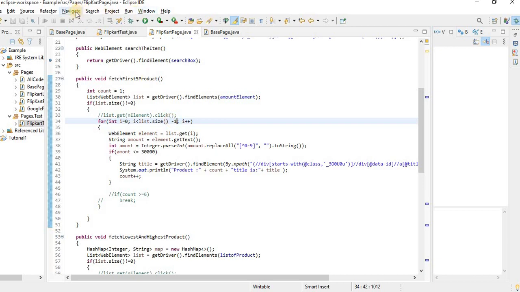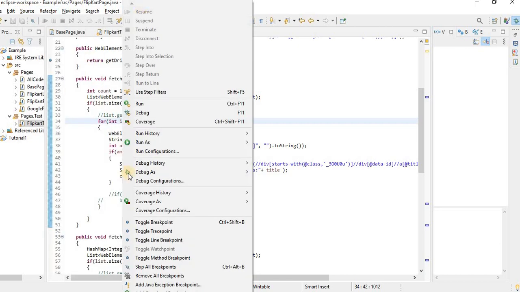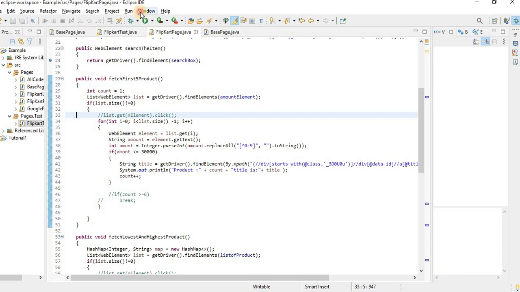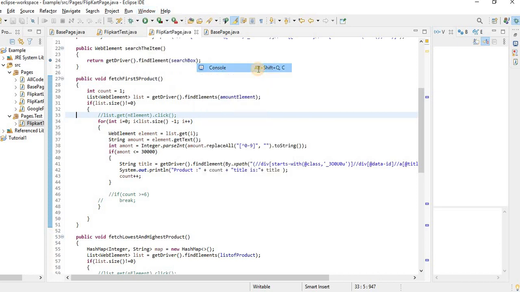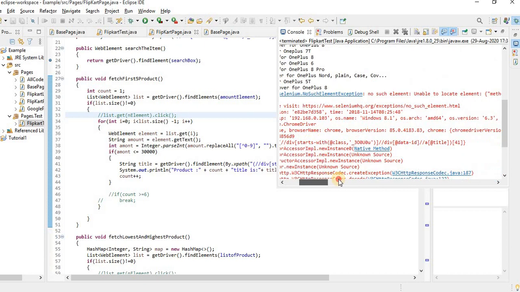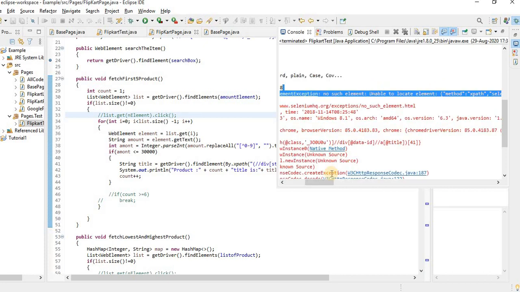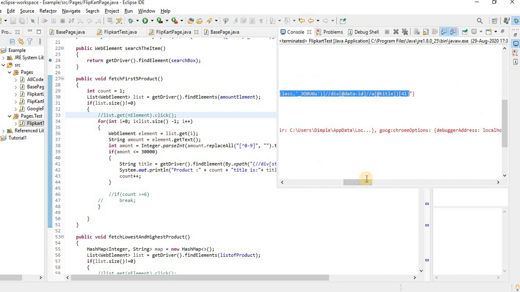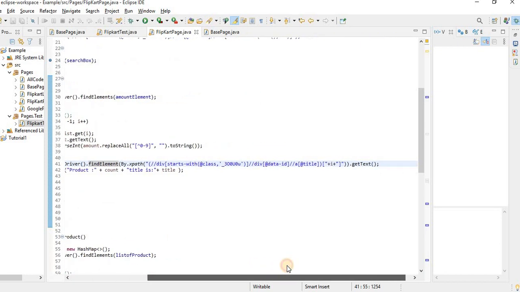If you have seen, let me open the console. If you can see here, it was telling me this XPath is 41, and we know that on the page we have only 40 products. So obviously you have to do the size minus 1 logic and it will be done. So this is how I have implemented the logic.